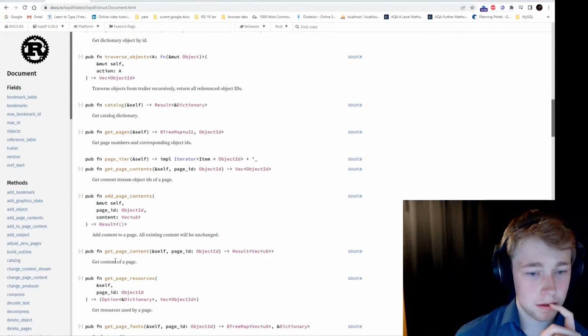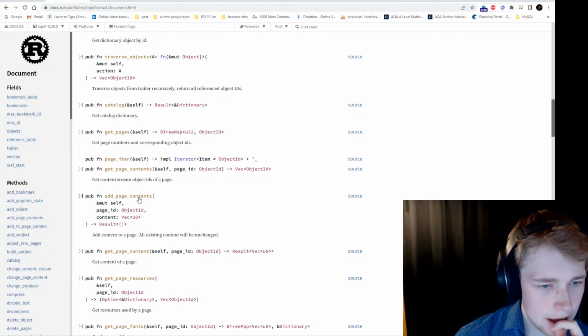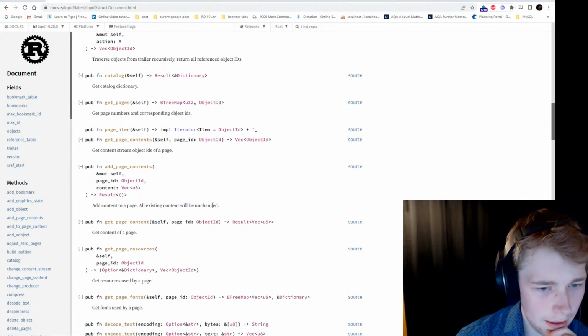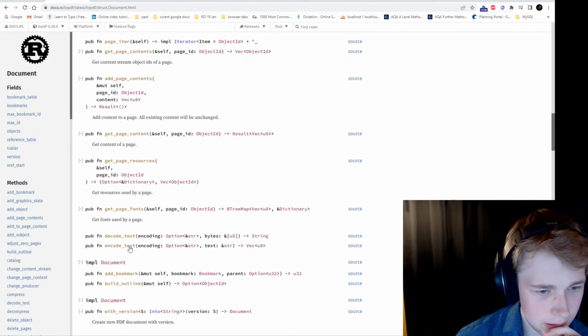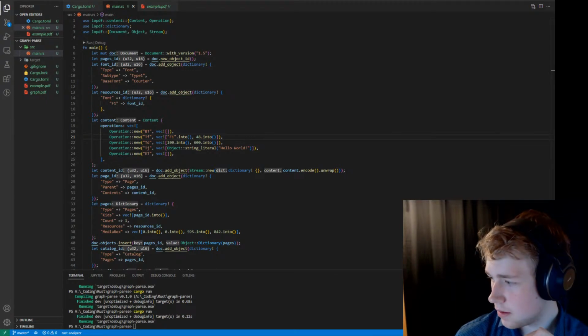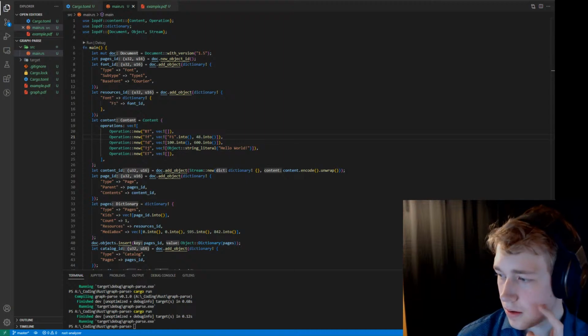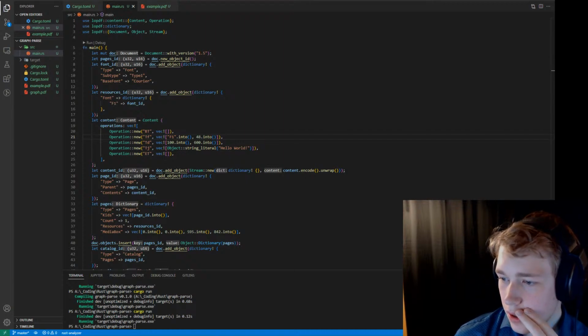Oh, right. What's the difference between the content stream of object? Okay. And then we'd want to add decode text. That seems like it. Why don't we try decode text? So that just seems for